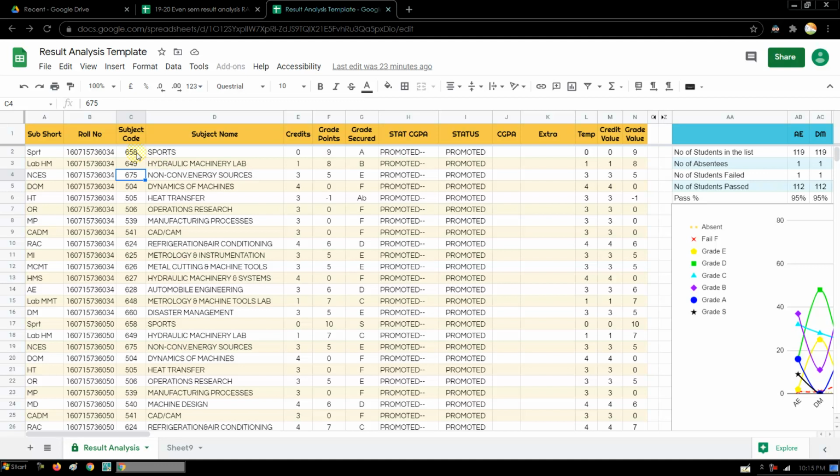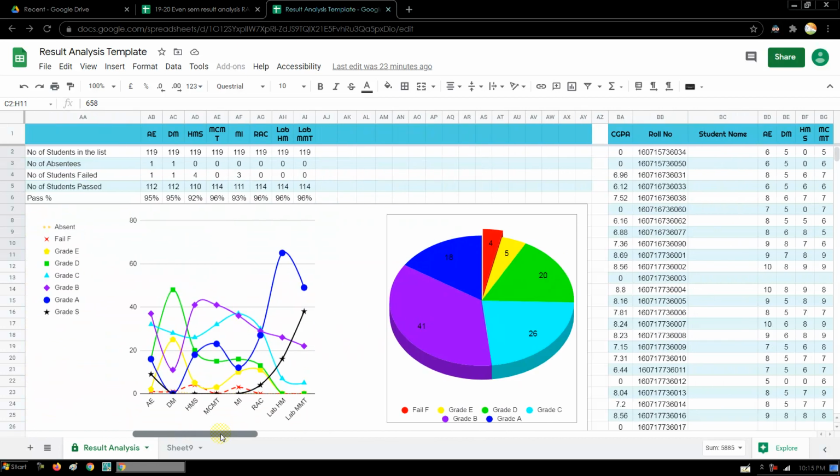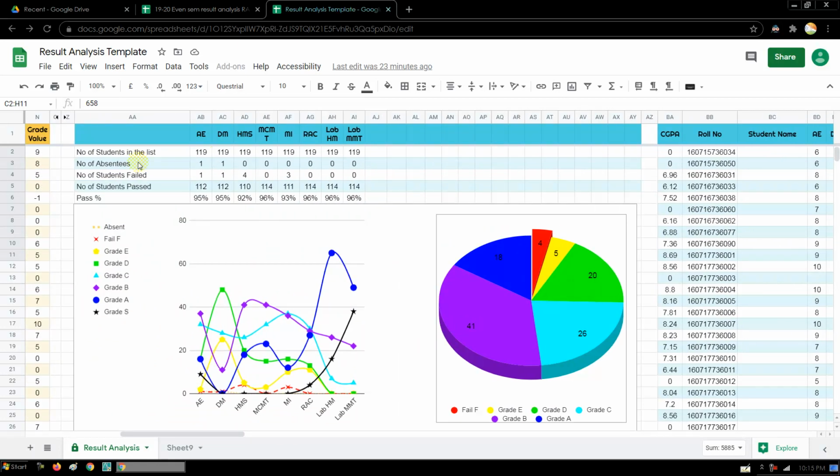You might be knowing that universities provide the result in this particular format, and we have taken this format. I'm calling this the raw data, and as soon as this raw data is provided from the university, the result analysis will be automatically generated in this particular format. You can see it provides the number of students, absentees, those who failed, those who passed, and also along with